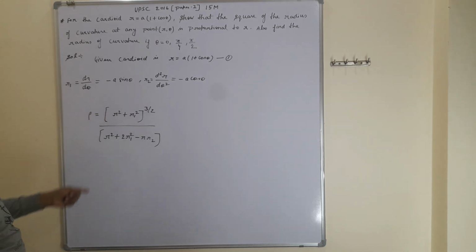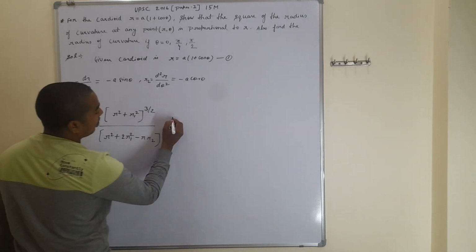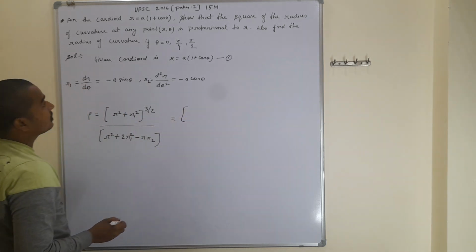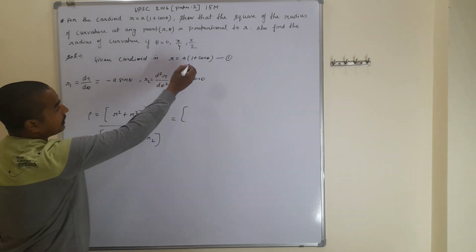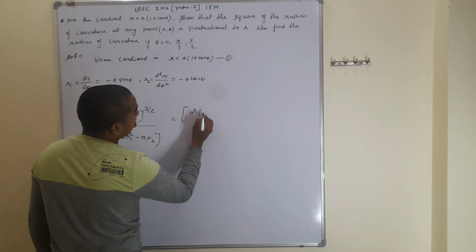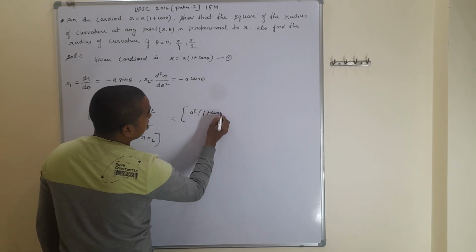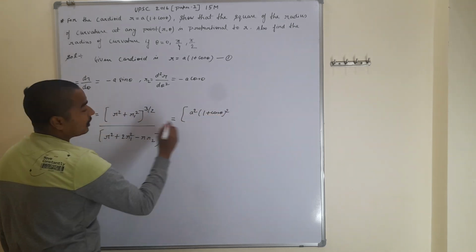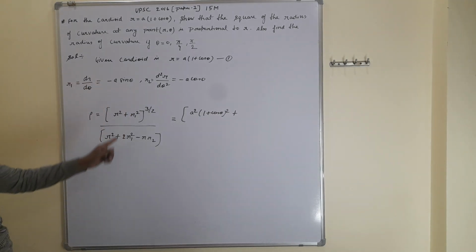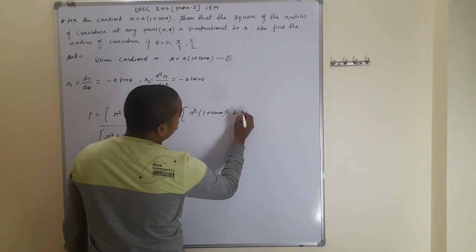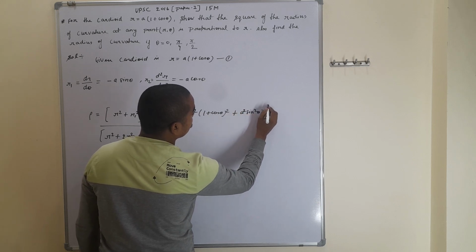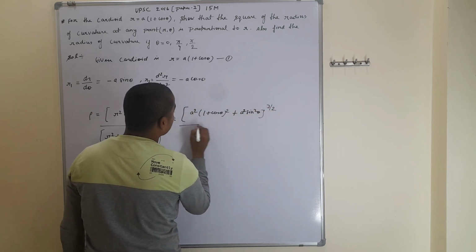We have to put the values in the given formula. In place of r, r is equal to a(1 plus cos theta), that is r square is a square (1 plus cos theta) whole square, plus r1 square, where r1 is minus a sin theta, on squaring a square sin square theta, whole power 3 by 2 upon